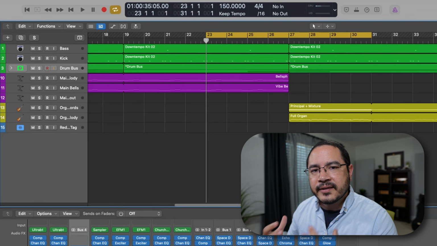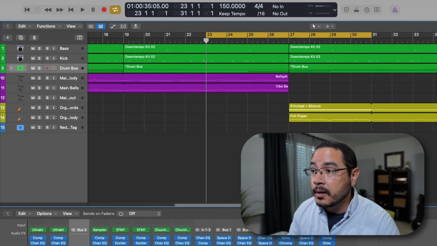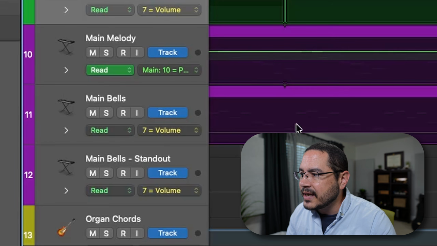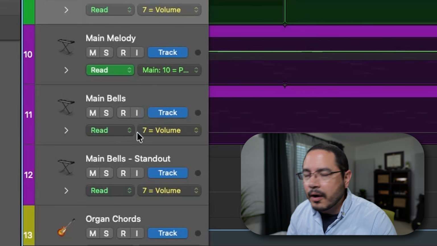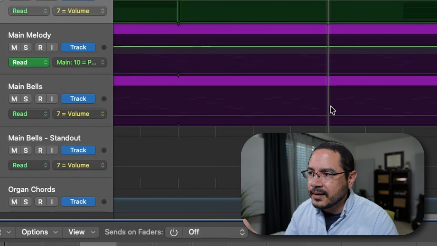So let me show you what the problem is, and you'll see how automation gets created in the process. Now, this will be similar but different in every DAW, but in Logic Pro, all we're going to do is press A on our keyboard, and this brings up the automation lanes. And as you can see, in this one, we're defaulting to volume, and that'll be the case on all of them where I haven't already done something. And to activate it, we just click once in the lane.